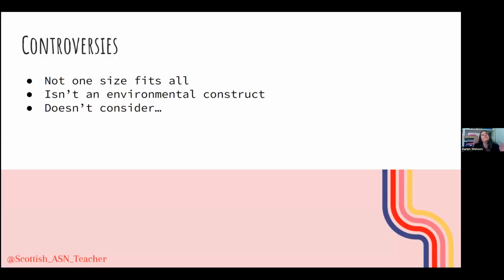So attachment, if you Google it and look up, is attachment outdated? That's what I put into Google just to see what happened. And it's not outdated, but some aspects of it are a little bit more narrow than perhaps we would consider nowadays. So it's not a one size fits all. People can have different attachments to different caregivers, and this can complicate a sort of linear attachment theory. So it's not just this nice, lovely line where you fit here and you fit here. It can be a bit more complicated than that, and that's okay.